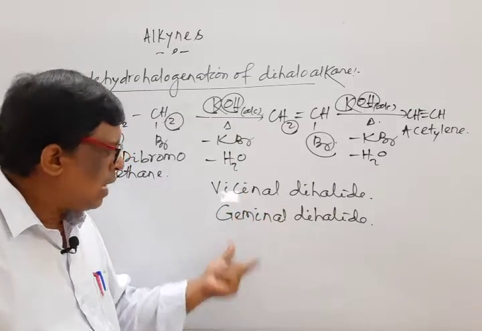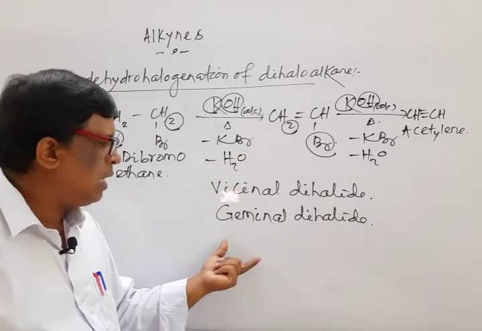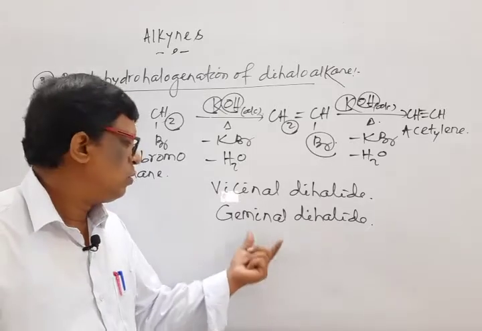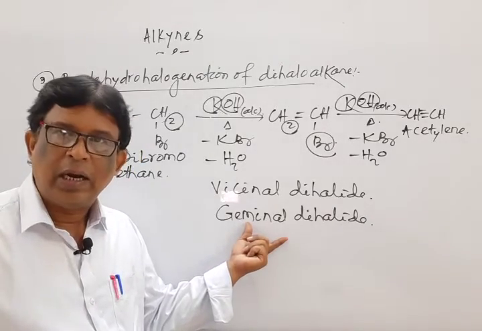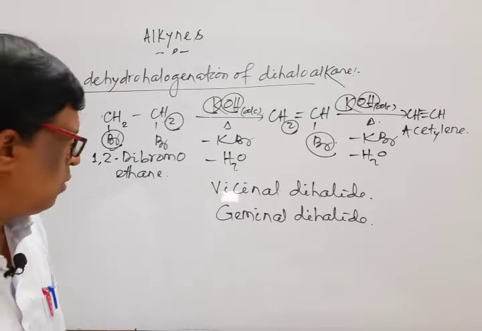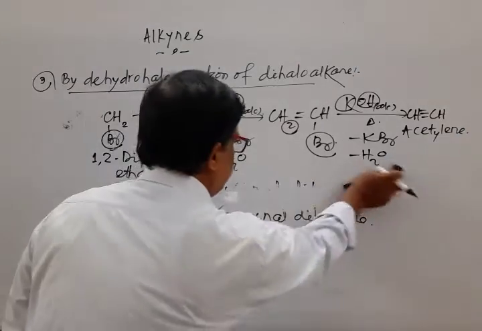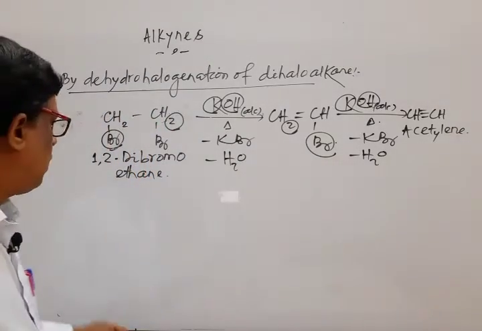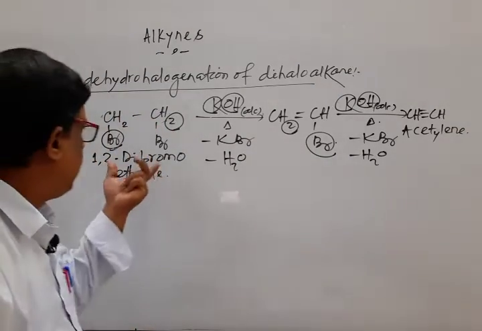Next, we select another example. After writing this one, we select another example where two halogen atoms are attached to one carbon atom. So that is known as geminal dihalide. So first we write this one, then switch over to the next one. So here, what is the statement? Mark that. When, note down. I repeat again. When